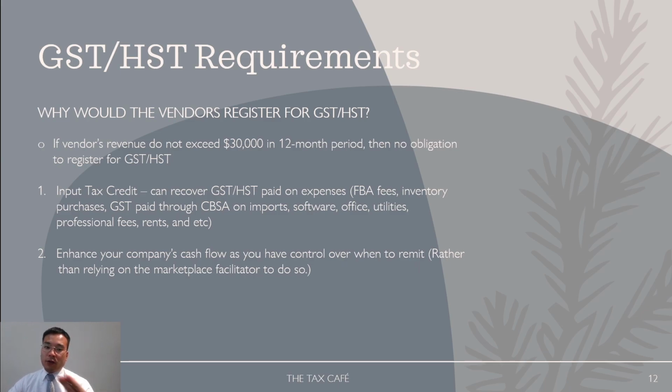Now you've incurred $2 of GST from the expenses you've made related to your business, so you only have to pay the remaining difference of $3 to the government. It can be quite beneficial for you, especially if you have a lot of expenses. If you're newly starting your e-commerce business and spending a lot of money on equipment and supplies, that means you're paying GST, HST on those supplies. So you can claim these GSTs back, and you only have to pay the remaining difference between what you collected and what you paid in GST. So that's the reason.